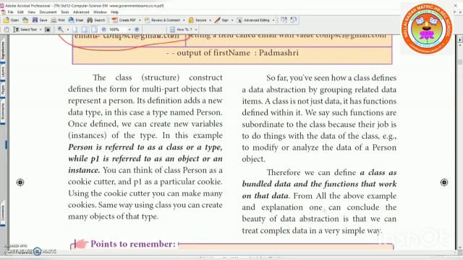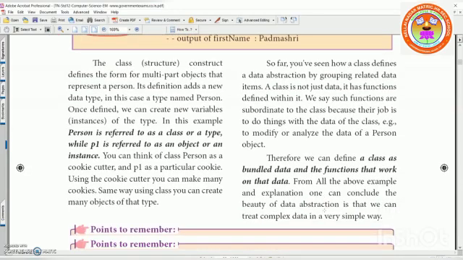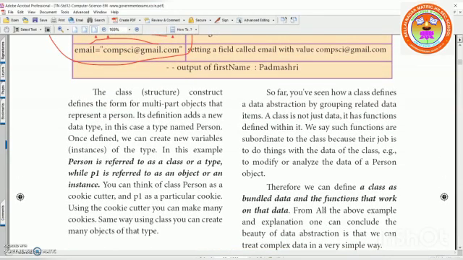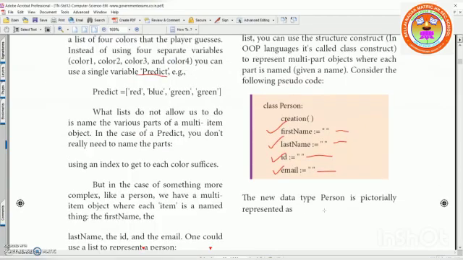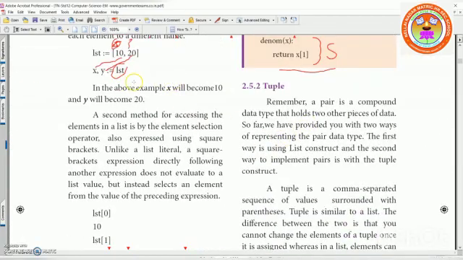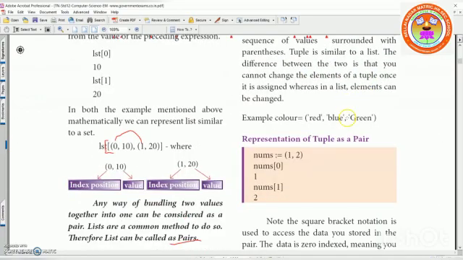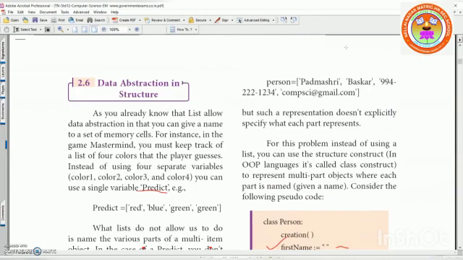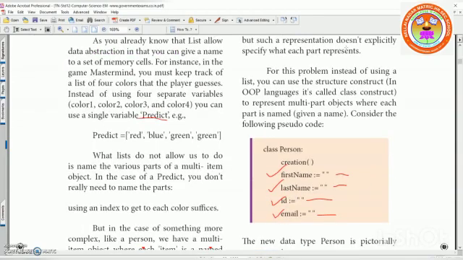Now you understood? Okay, so that completes chapter 2, and today I covered tuples, right? And in tuples, what are pairs? And then I explained data abstraction in structures, right? And one difference I will tell you between C and C++.